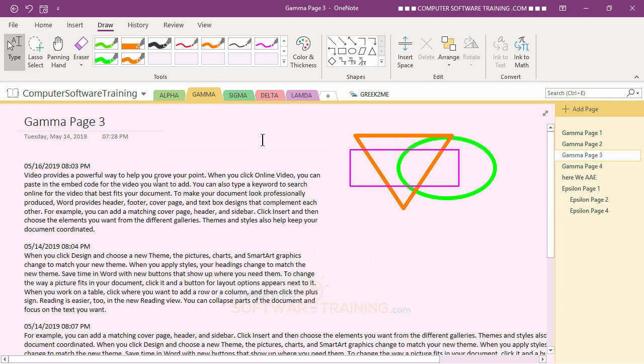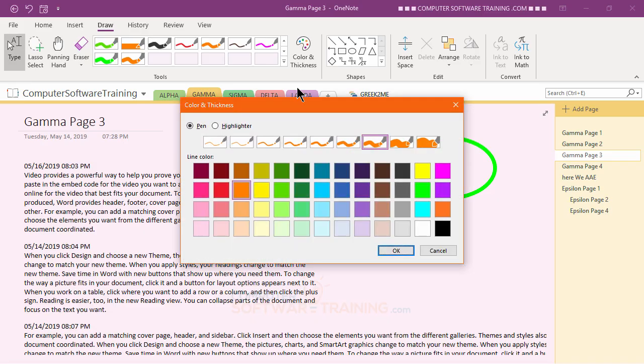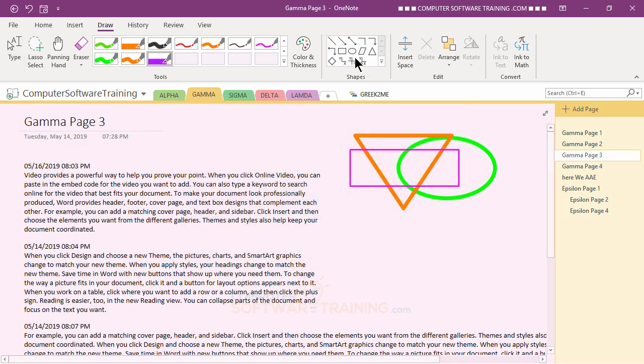All right, and I'm just going to do something goofy here. So let's say I go back in, and we're going to go with a really thick, actually we'll do the highlighter style almost. We'll do this one here, and we'll do purple. Won't that be wild, huh? Hit OK, and then I'm going to go ahead and pick the arrow here. Now when I draw the arrow from here all the way down to there,